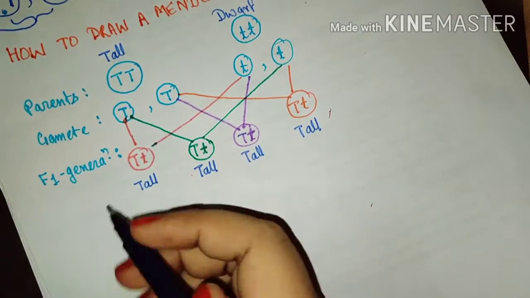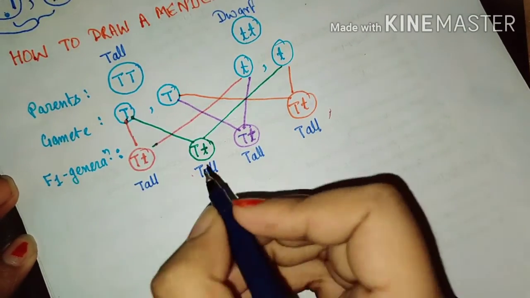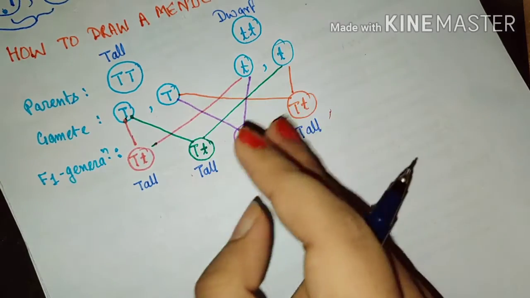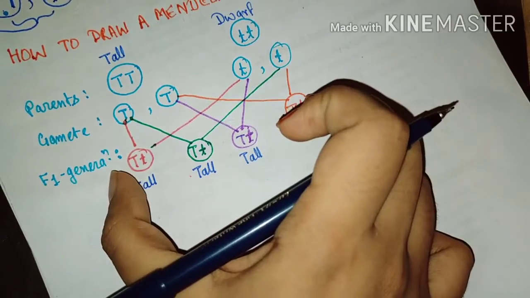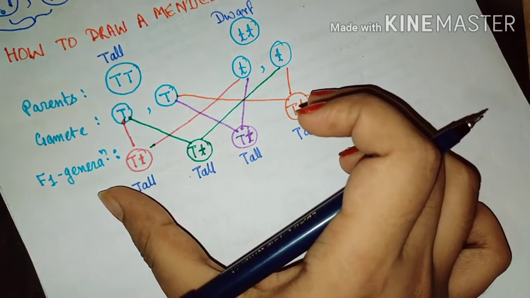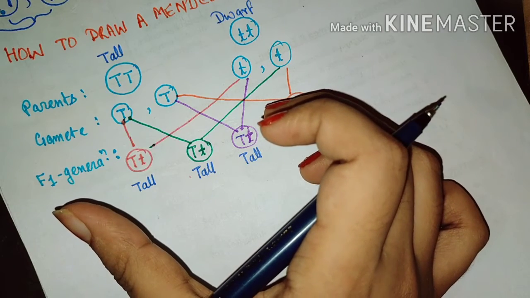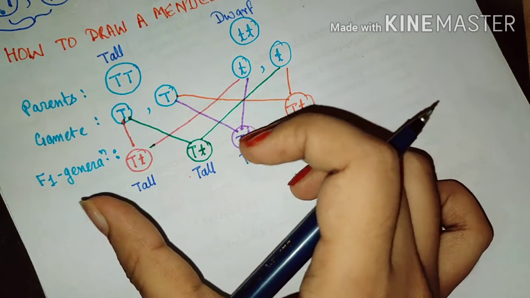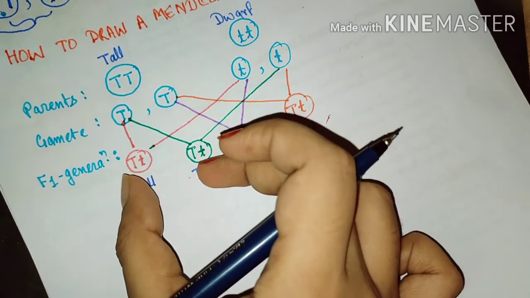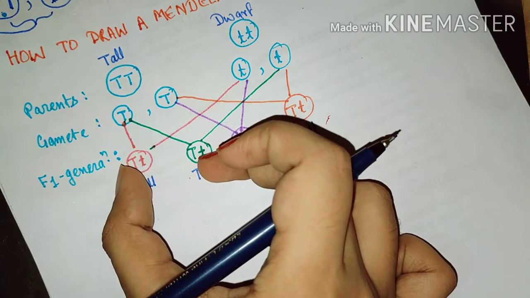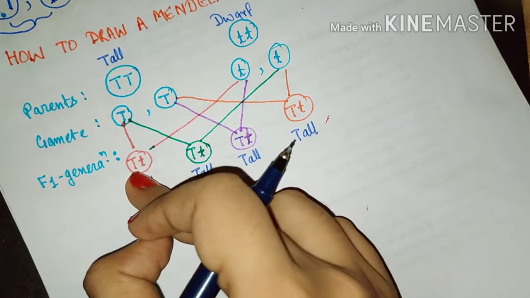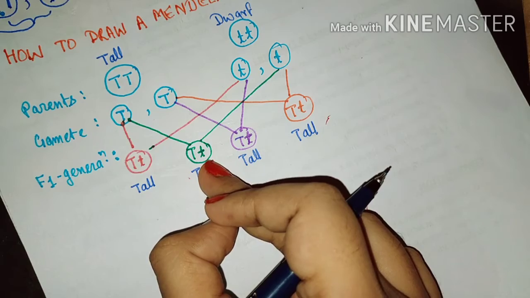So for the F2 generation, again you need two parents. For the F2 generation you have to choose the parents from all the individuals which are formed here. If they have not specified which parents you have to choose in the F2 generation, then you have to simply choose randomly. So I am choosing these two individuals as the parents for F2. This will be my parent 1 for F2, this will be parent 2 for F2.